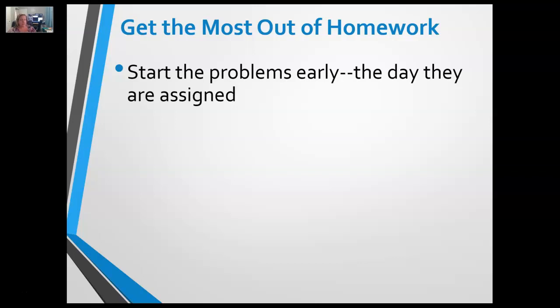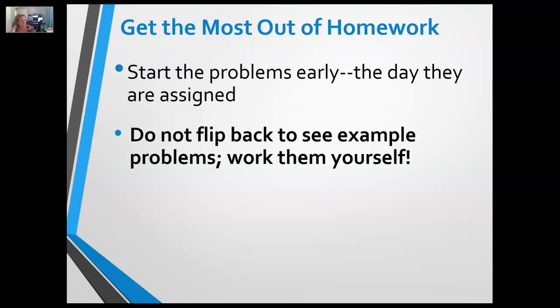And so those in the online class, you don't have a class to come to, but you have a schedule to keep to. So make sure that you're not putting off your homework. And this is one of the biggest things and the single most important mistakes that I see that students make